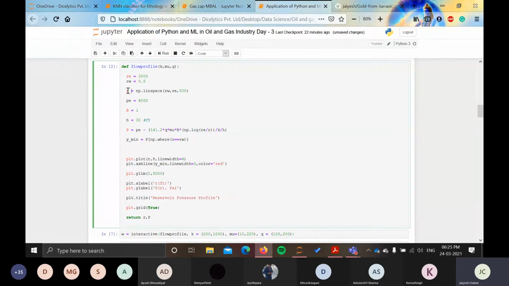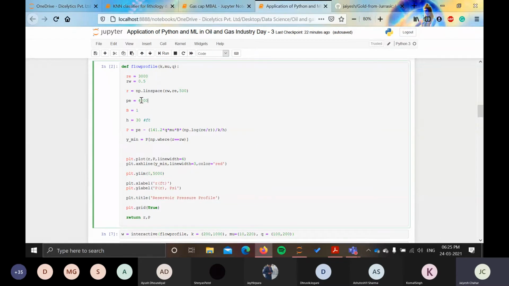So I have made a NumPy array of radii starting from RW, the wellbore, to RE, the last point of our reservoir, with 500 points between them using np.linspace.